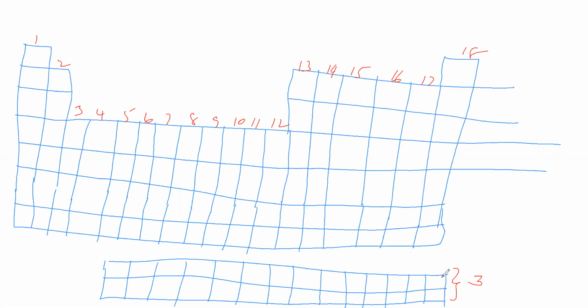European group number means for the S block and P block you have to give A. So this is 1A, then 2A. For the P block, group number 13 means valence is 3, therefore 3A. Here valence is 4, 4A. Valence is 5, valence is 6, valence is 7. It is 0, noble gases, therefore 0. Now for the F block, completely 3B. European group number we have given.